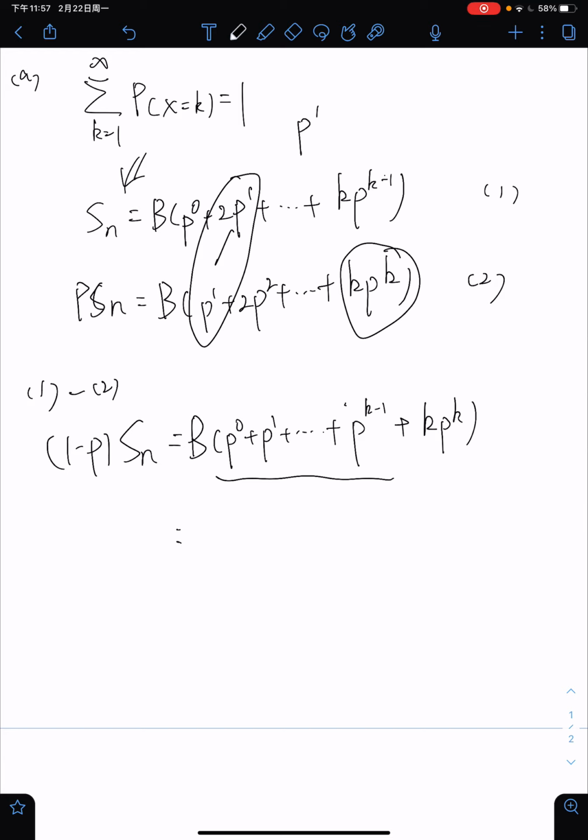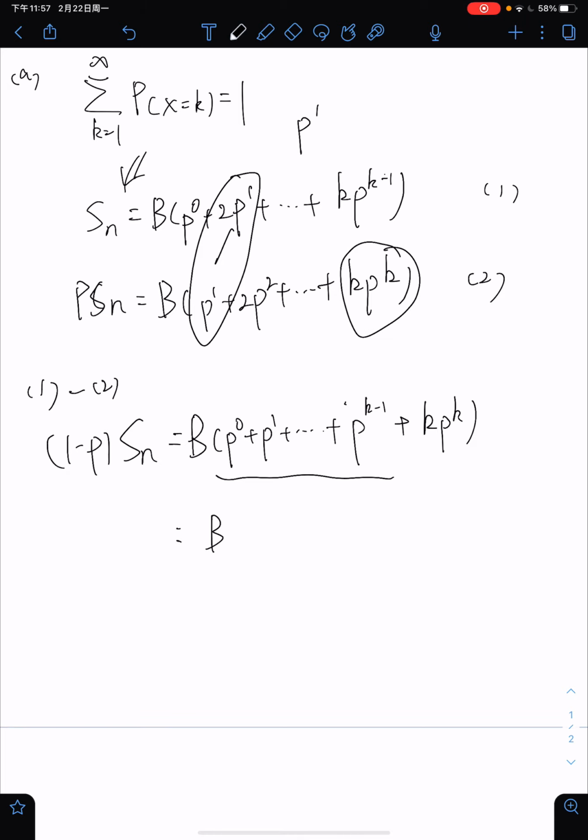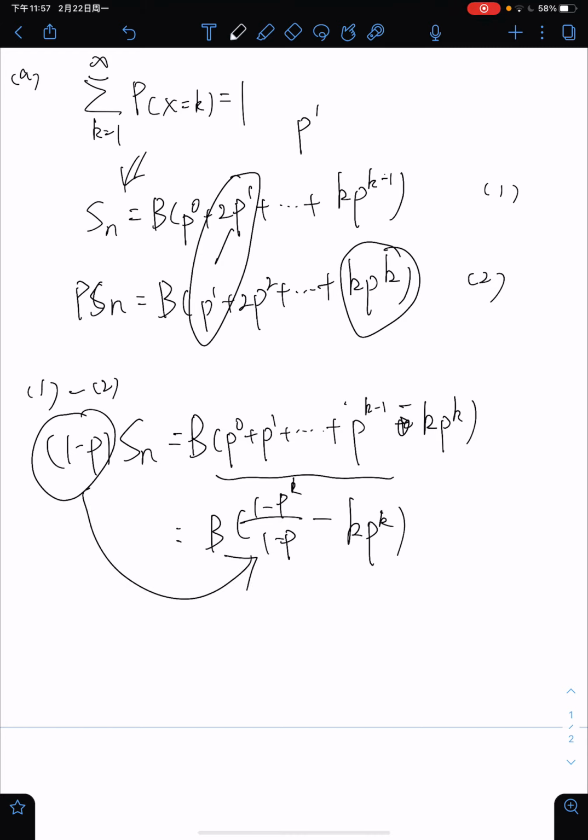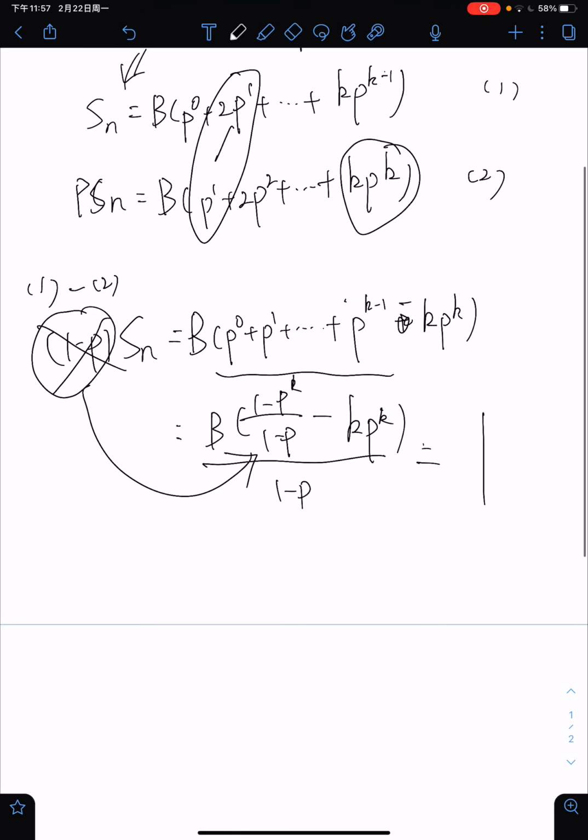So here we know, sorry, here is minus. Okay, and put this into this way. Equals to 1, and